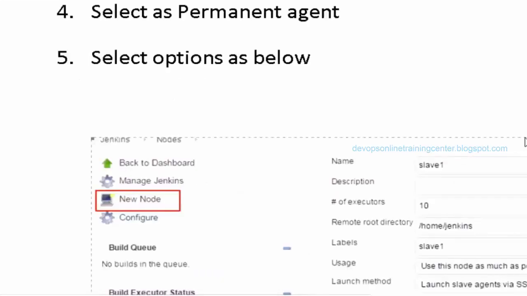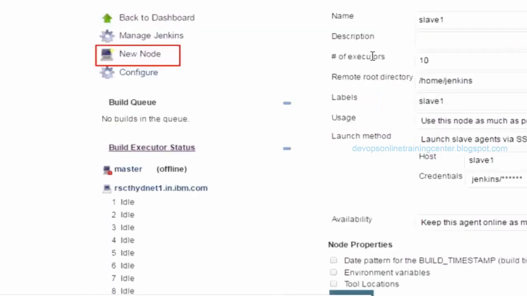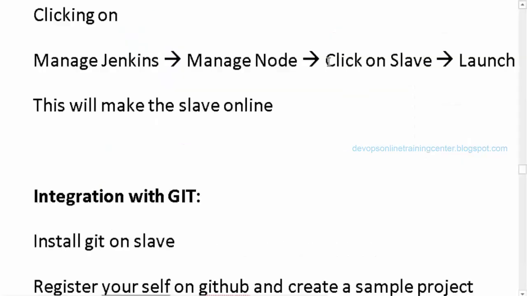Hey, Santosh, one quick question. Yes, tell me. Some noise was there. We generated the keys and we basically copied the keys to the slave, right? Yes. It's exactly the same thing we did in Ansible, right? Yes.